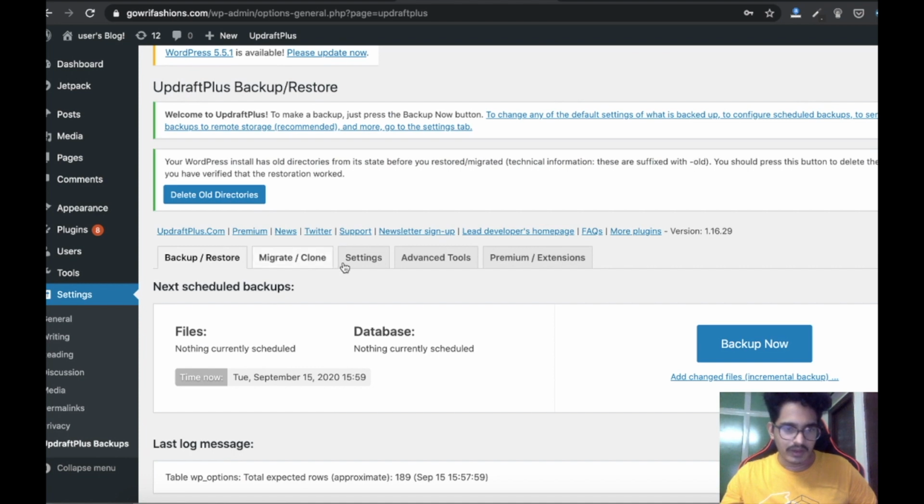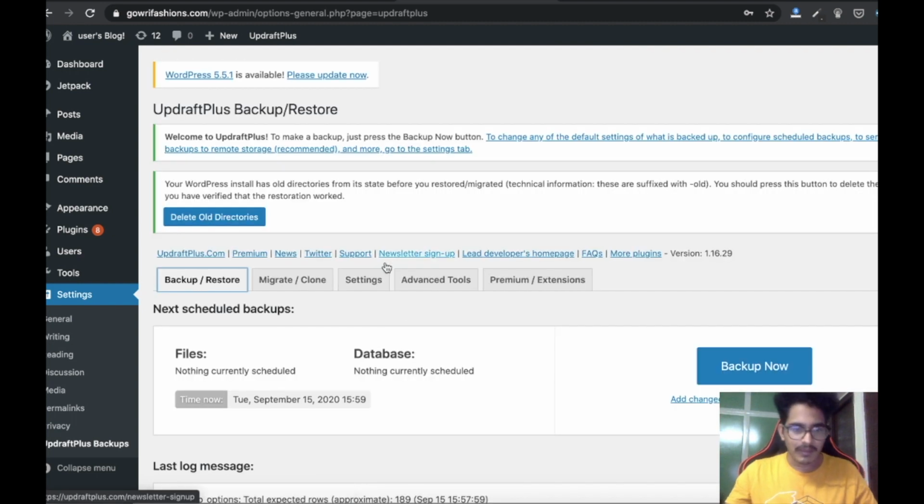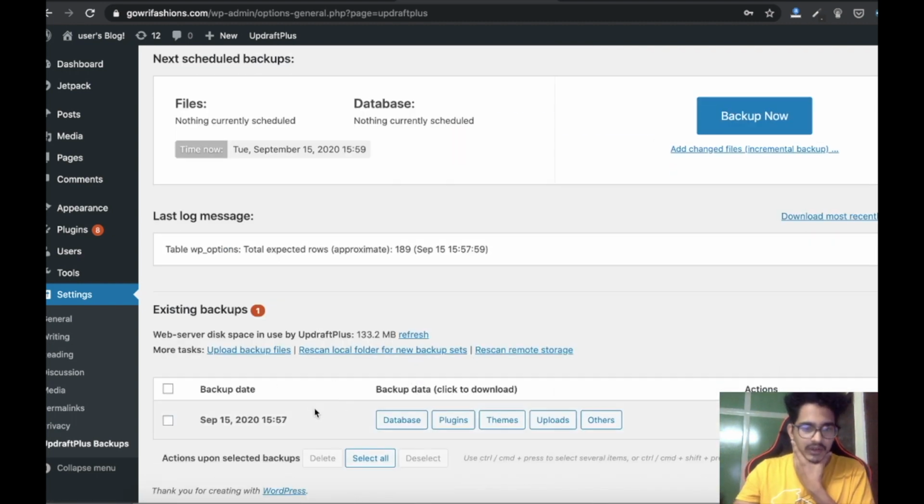Now we can click on settings and change to any other default backup drive. What's happening is it is storing our backup on our web server itself. Suppose some hacker got access to our web server and we might not be able to access it.